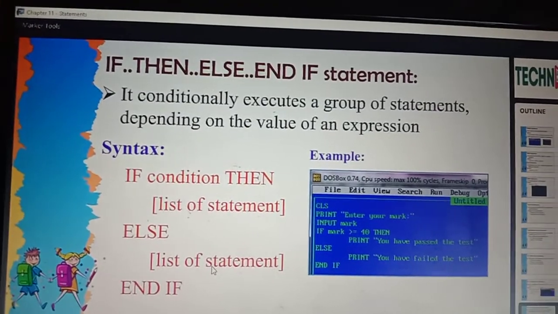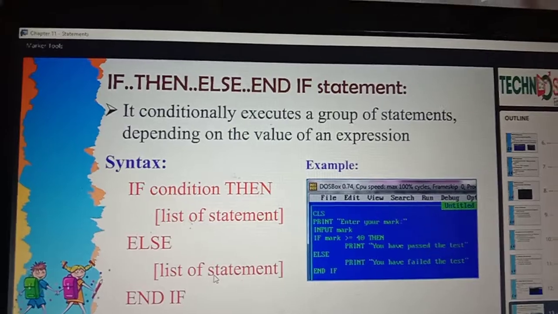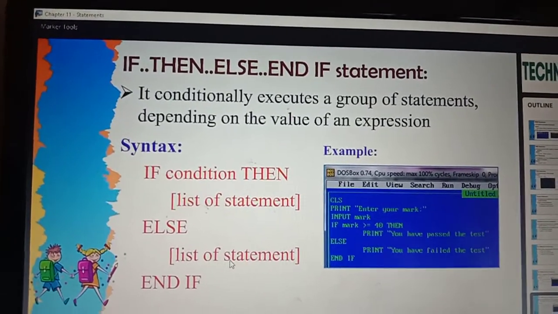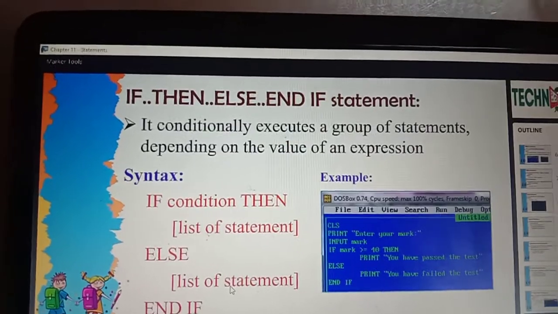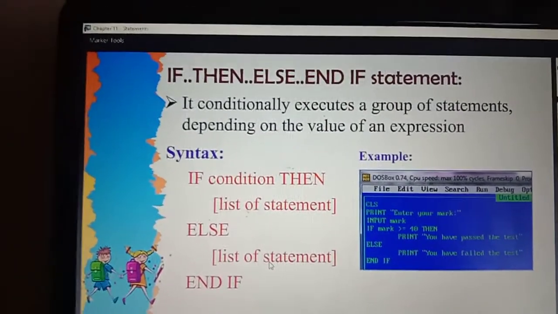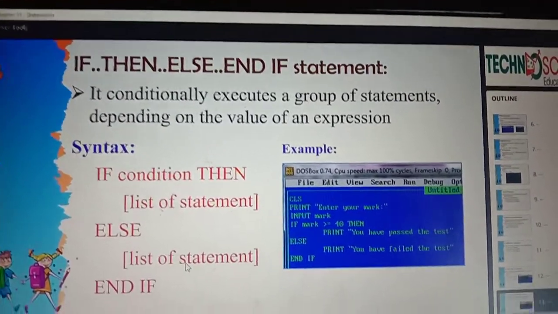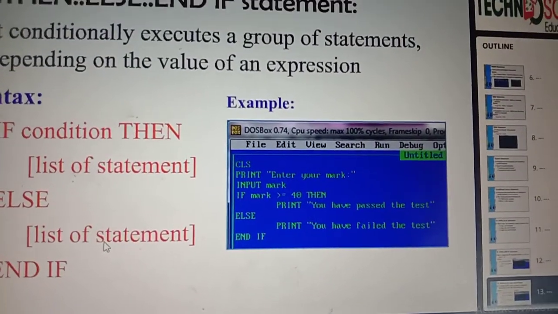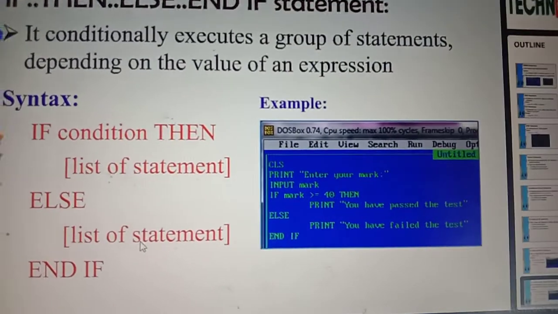Next, the if then else statement. We want to print the true part if the true part is executed. If the else part is executed, we want to print that else part. It conditionally executes a group of statements depending on the value of the expression.